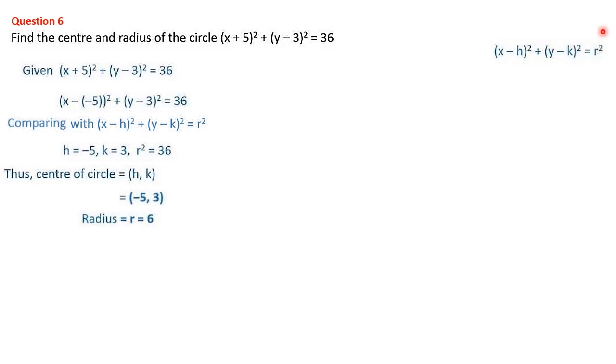Actually, as per our equation, r² we have got. r² is 36. From r², if you want to calculate r, we can write here if you want, r is equal to root of 36. Root of 36 is 6. So this is the way we have to find out the value of r. It's not necessary to write the step. It's for understanding purpose it is written. Directly we can write because we know how to write the square root. So here the radius is 6.